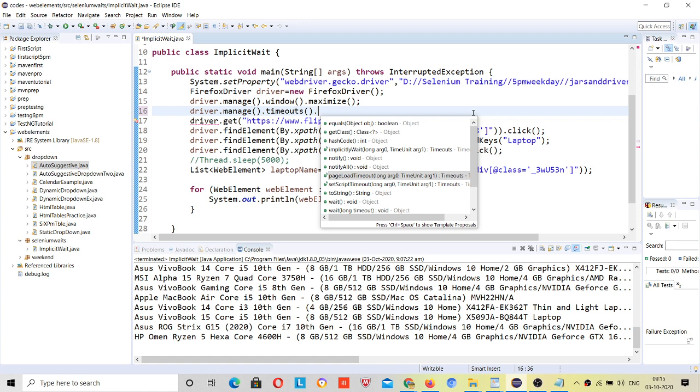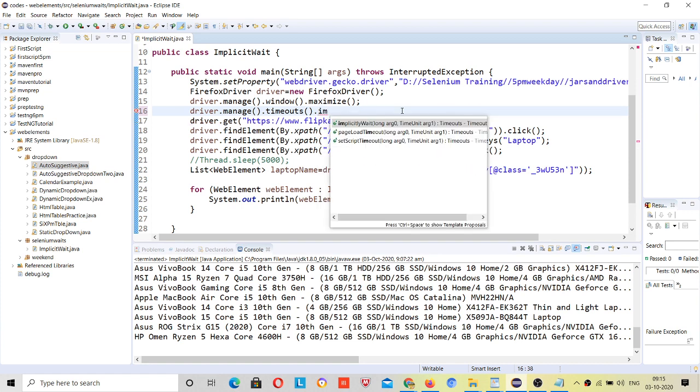That means sometimes it happens that a page should load within 5 seconds, but it's taking 10 seconds. So if you have given that, okay, if it doesn't load in 10 seconds, then it means there is some problem in the internet or a network issue, then fail my page, right? Give an error that the page load time is out. So your script will not give a wrong response, because if you do not use this page load timeout, then how will you know that your script was working within the time, right? So these are features of the timeouts, but today we are using this implicit wait, right?